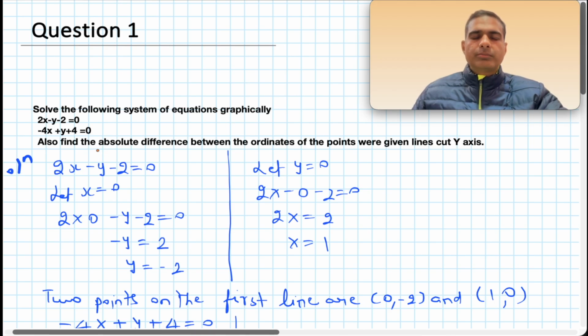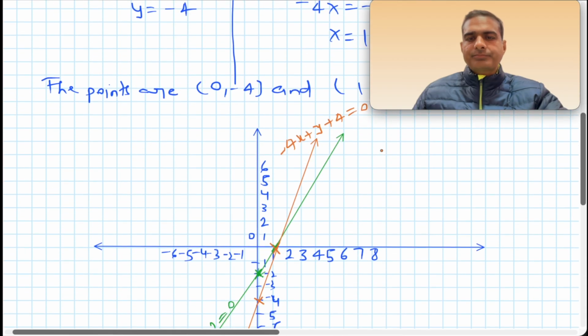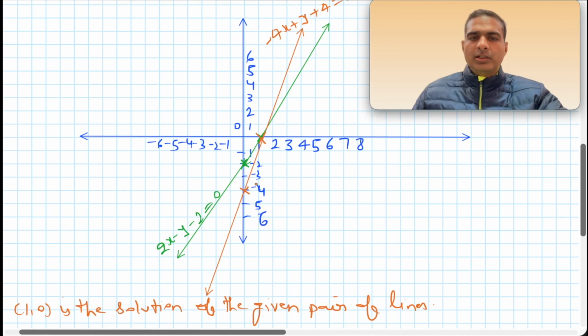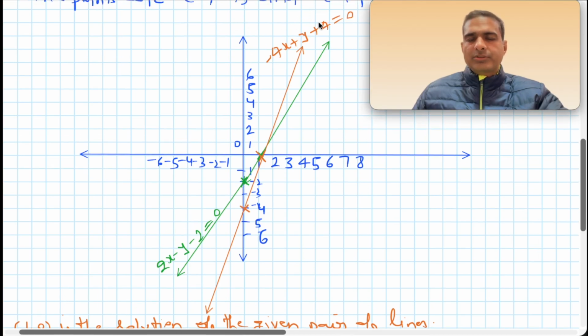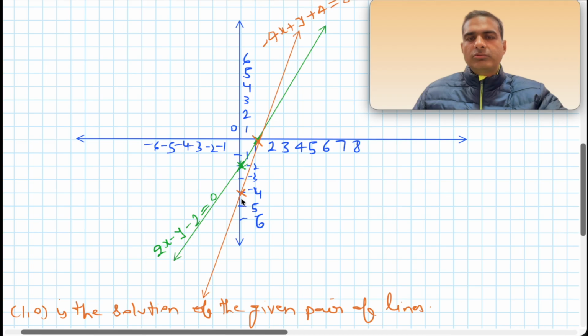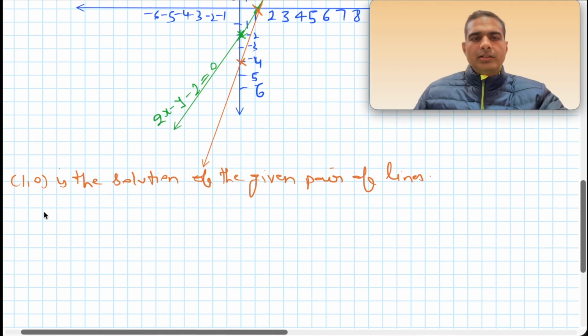Now one more part of this question is, find the absolute difference between the ordinates of the points where the given lines cut the y-axis. Ordinates means the y-coordinate of the points where the given line cuts the y-axis. So we have plotted these points. 2x minus y minus 2 is crossing the y-axis at minus 2, and minus 4x plus y plus 4, the orange line, is passing through the y-axis at minus 4. So we can write absolute difference,